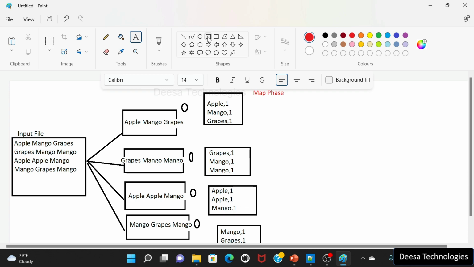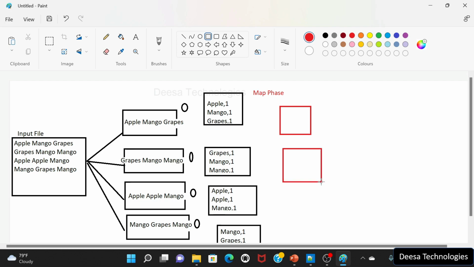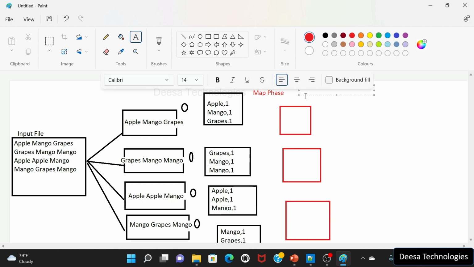So here, let's take three nodes. The data would get and reside in all these three nodes. So in this node, maybe all the apple data will come and sit here. In this node, all mango will come and sit here, and here all grapes will come and sit here. So this phase where we have the movement of data from one node to another is called